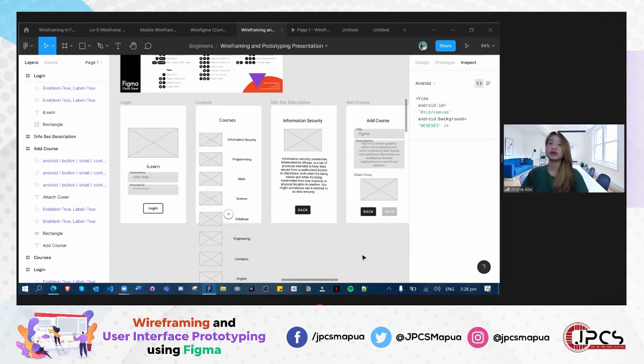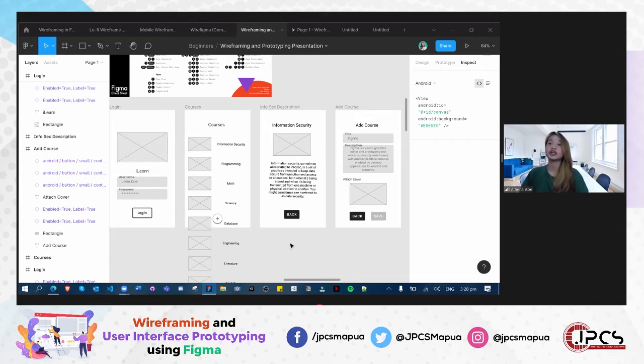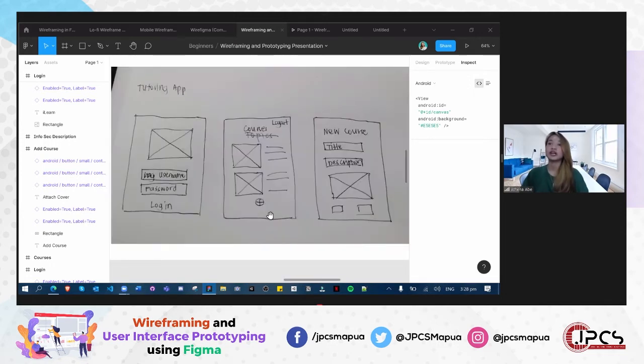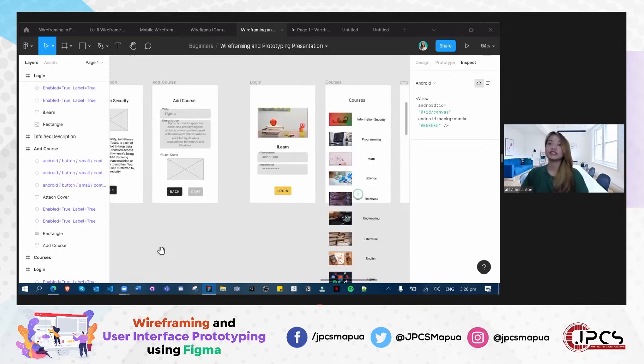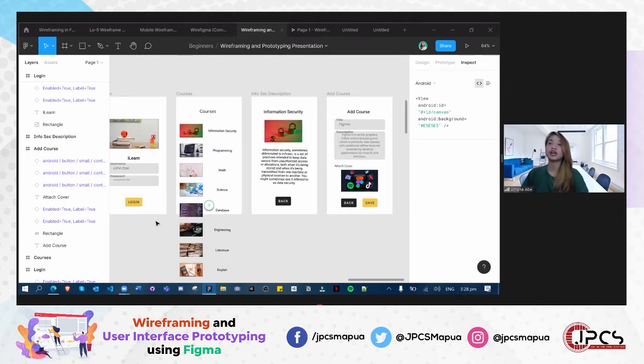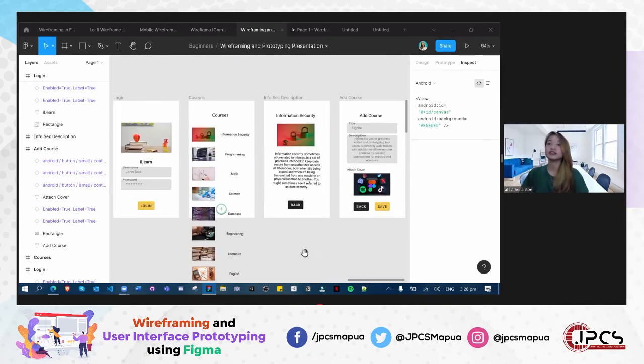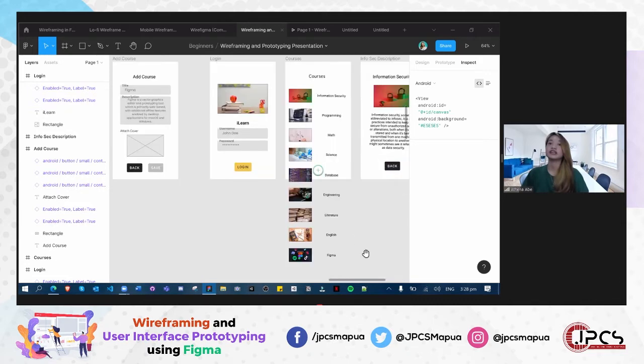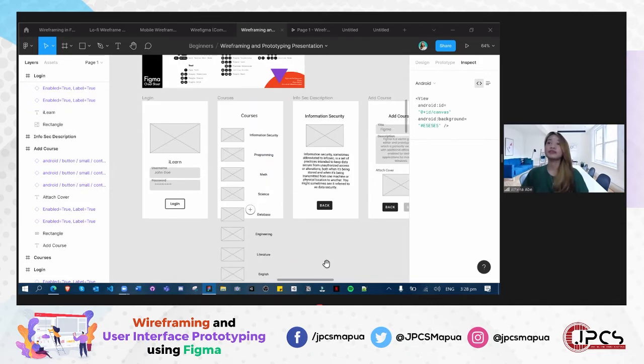It's the grayscale one. Or again, you can do it by drawing, pen and paper. And this is an example of a high fidelity. In this case, it's a simple layout that I did. This is where we integrate the icons, colors, text, and so on. Okay? So, going back to our